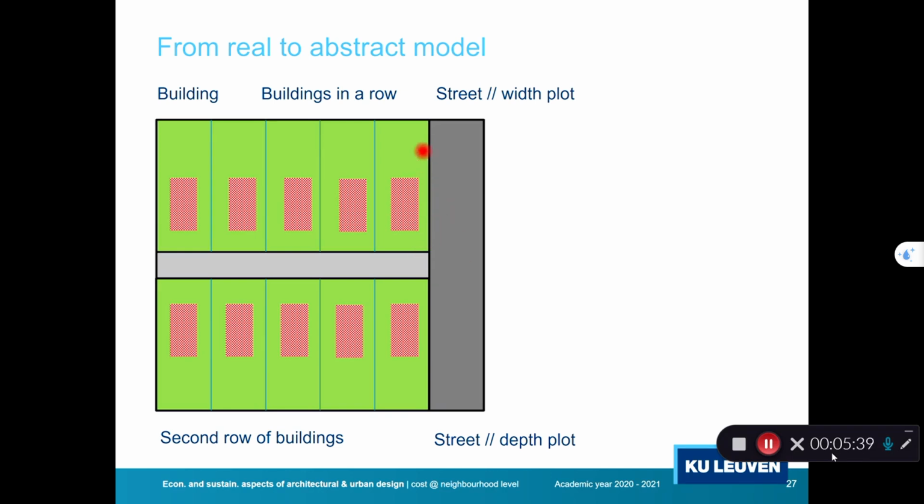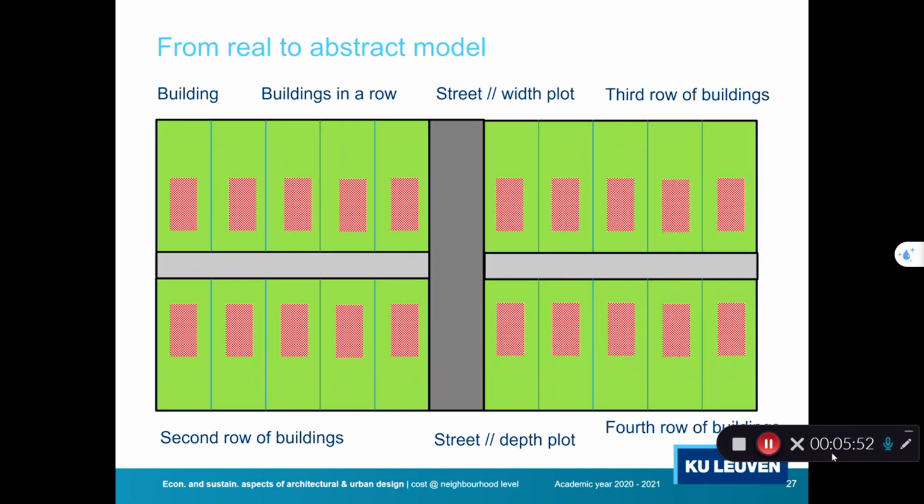So this is the depth of the plot, and this street is parallel to it, which can have different or the same dimensions as the other road. So it can be larger, more narrow, or the same width. And then on the other side of that road we have again the same pattern as our first 2 rows of buildings. So this is a simplification we're going to make,